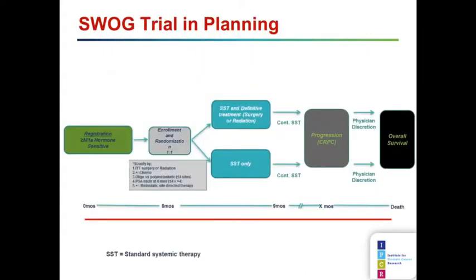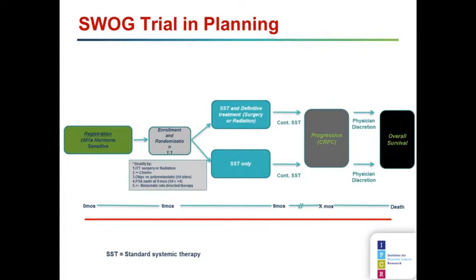So this is a trial that's in planning. We actually have a trial coming here real soon that Dr. Bruce Montgomery is leading, but this is one through the largest national cooperative group in the country, SWOG, and Dr. Lin has been on the leadership committee to help lead this study. But it's the whole idea of saying if you have somebody that presents with limited metastatic disease, that means it's spread and maybe it's like 2 or 3 lesions,